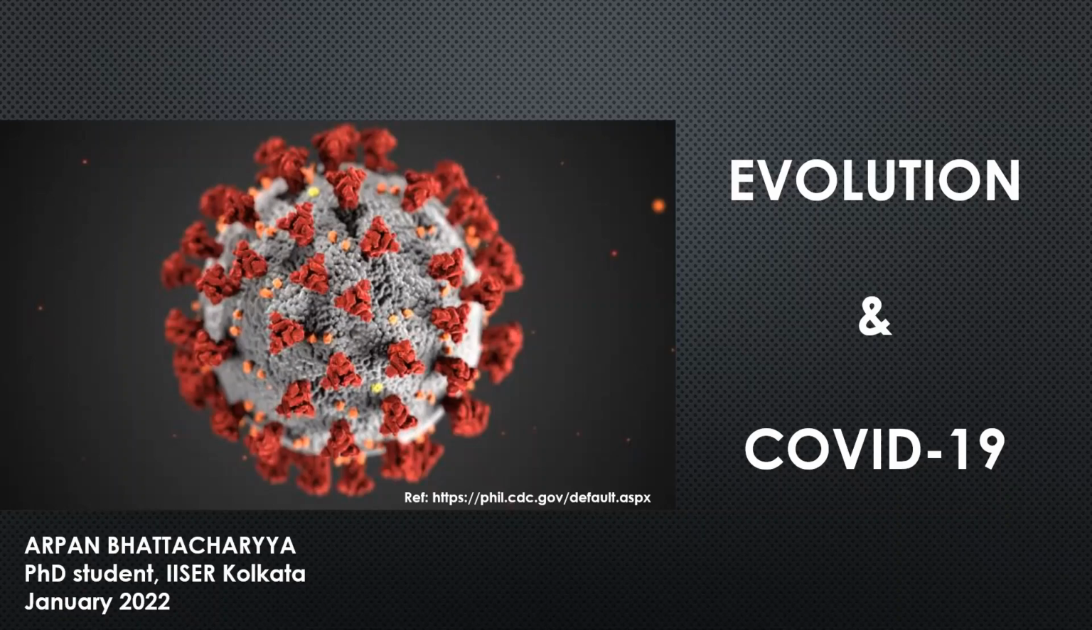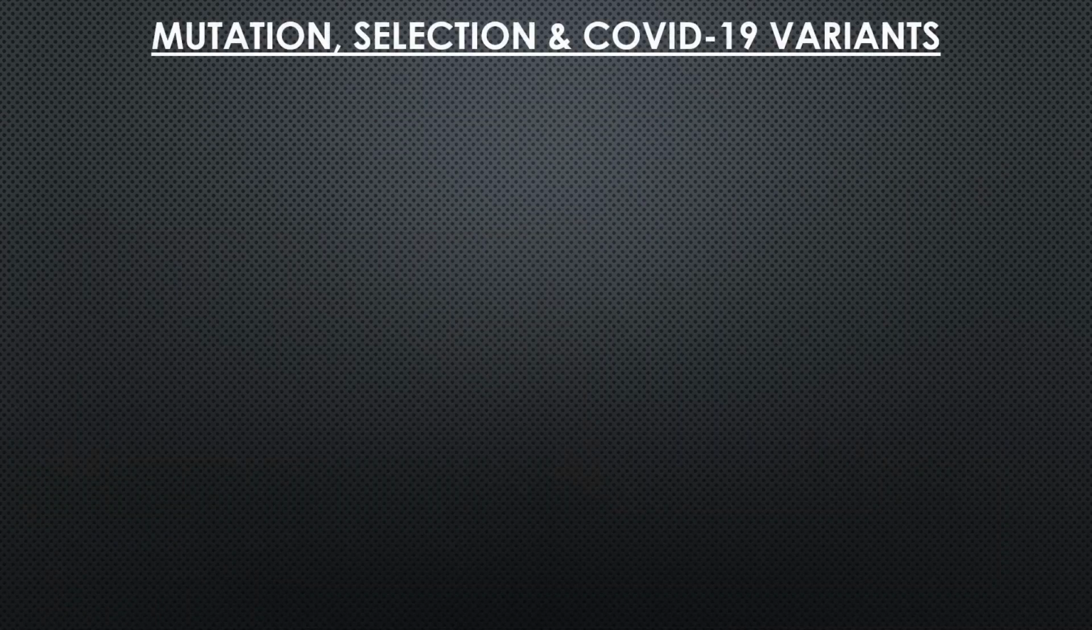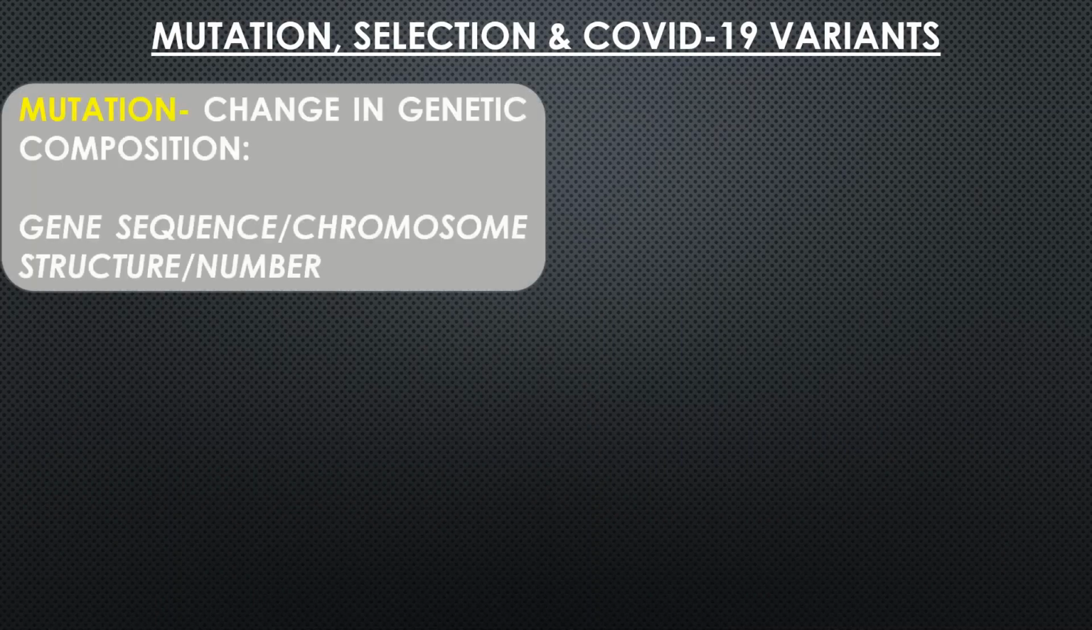So here we are talking about evolution and COVID-19. Mutation, selection and COVID-19 variants. Let's see what is the relationship between these terms. Mutation, as we know, is a change in the genetic composition of an organism or even a virus like the